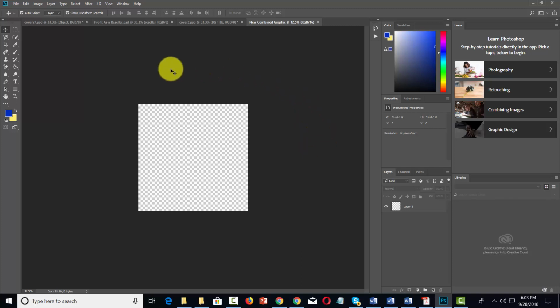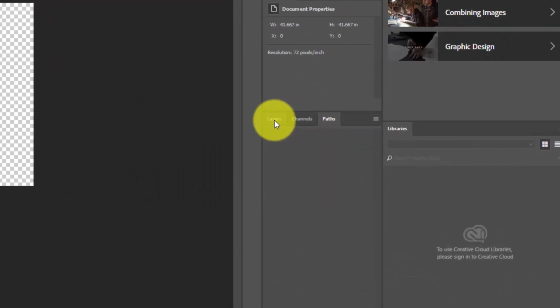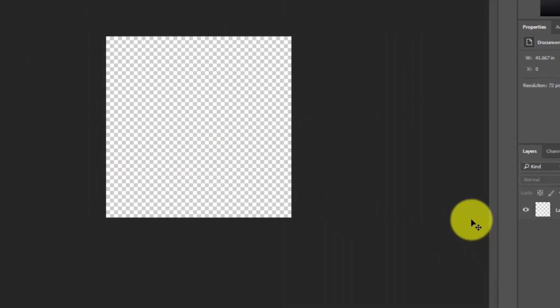Welcome back. You are now looking at the blank canvas that we just created. And you'll notice on your right side menu that you have a panel that's open to layers. Now this has three parts, but you're going to use the one that is labeled layers. And so what we're going to do very simply is we're going to explain the concept of layering images on